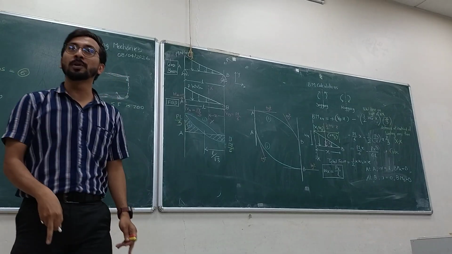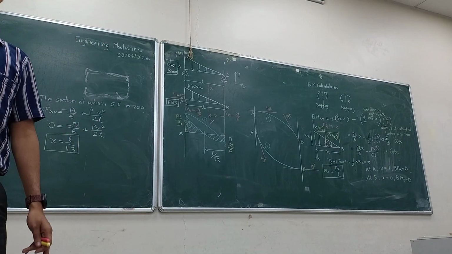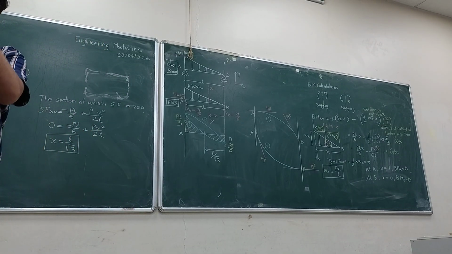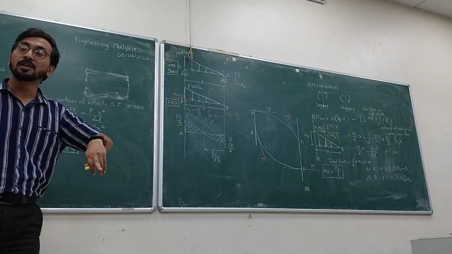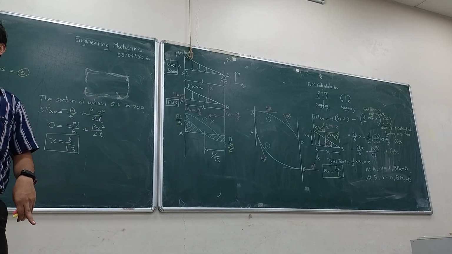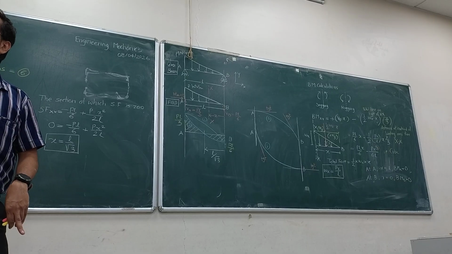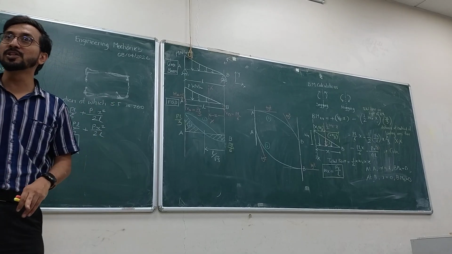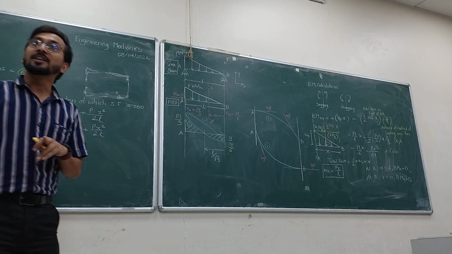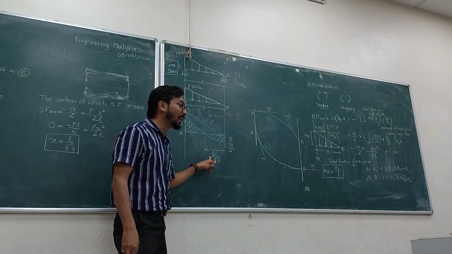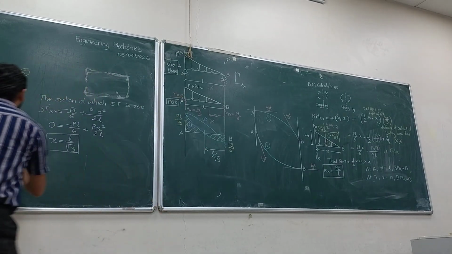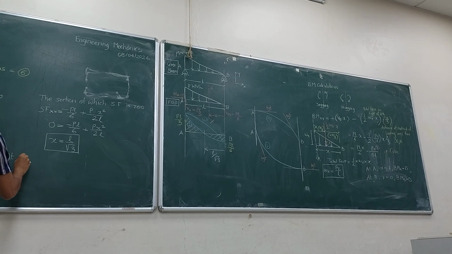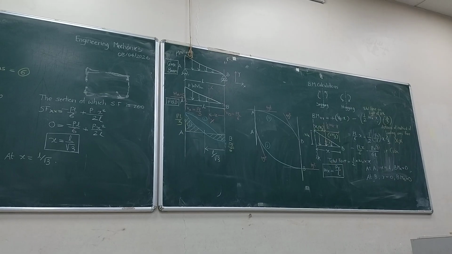What did I give you just now? The maximum bending moment in the beam with the UVL acts where the shear force is 0. Got it? So at A the bending moment is 0, at B the bending moment is 0. Can you calculate the bending moment at x equals L by √3? Calculate it. So at x is equal to L by √3, the bending moment is equal to